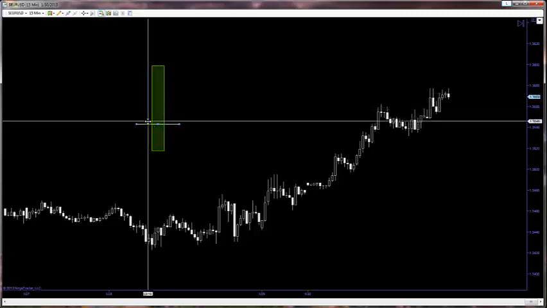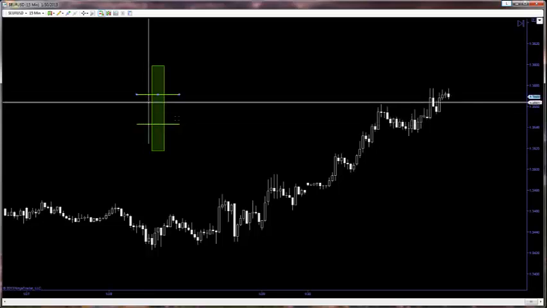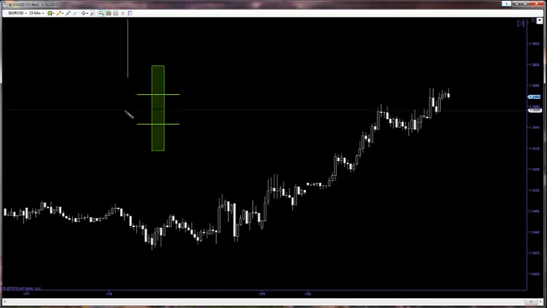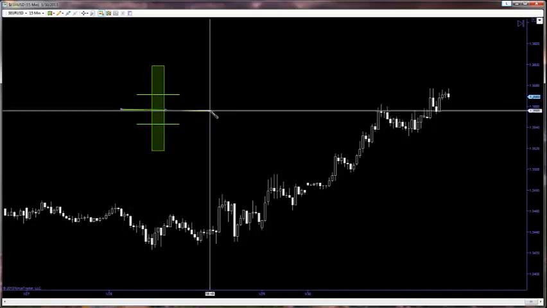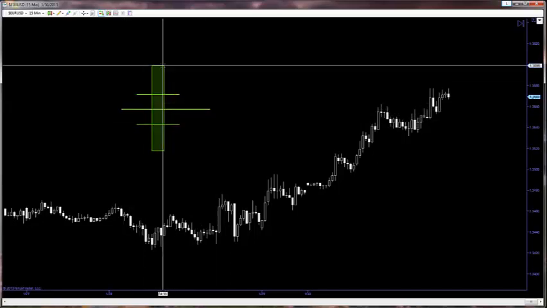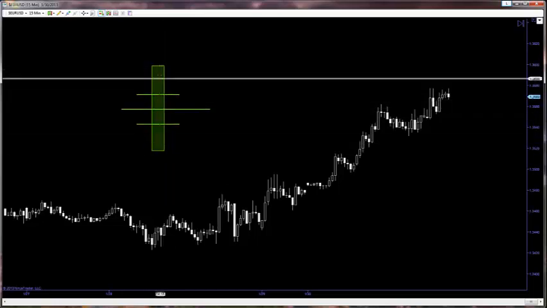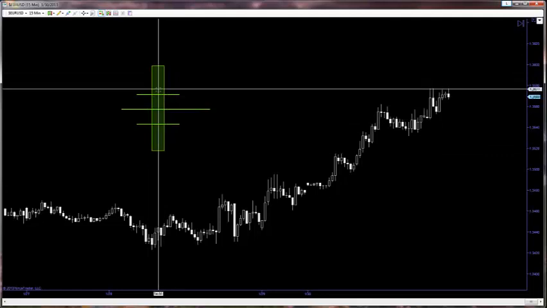That's about a third, that's about another third, give or take. It doesn't have to be precise. And here's a midway point. Now, this is the open and this is the close, or vice versa, depending on how price is